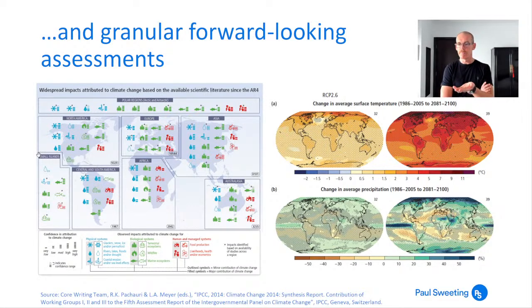And similarly for precipitation as well. So we have similar views on what the change in rainfall might be across the globe, where it might fall more or where it might fall less over the next 100 years. So this forward-looking stuff is really important when we're trying to build a model, because then we can take what the experts have done and feed it into our final assessments.